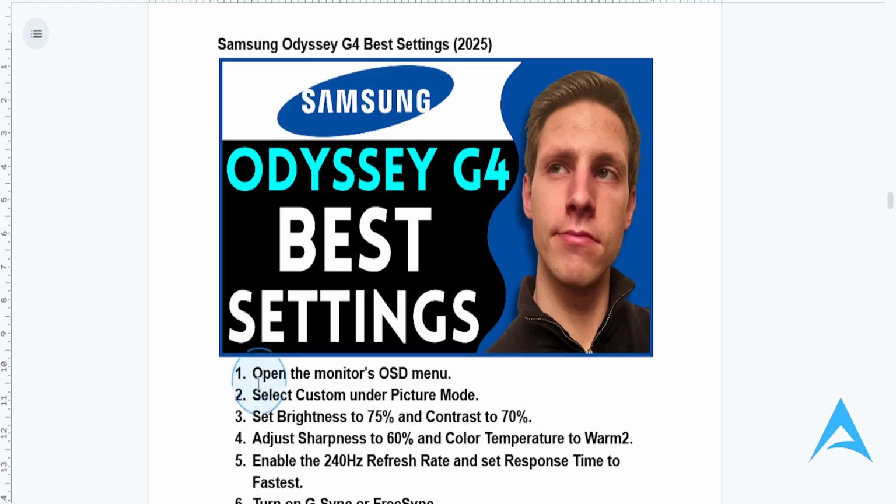So first things first, open up your monitor's OSD menu. If you don't know how to do this, you just press the menu button on the back of your monitor to open the on-screen display menu, right? Then what you want to do, guys, is navigate to the picture mode and select custom for